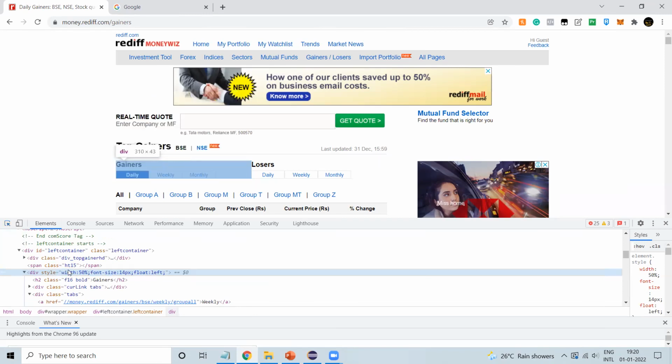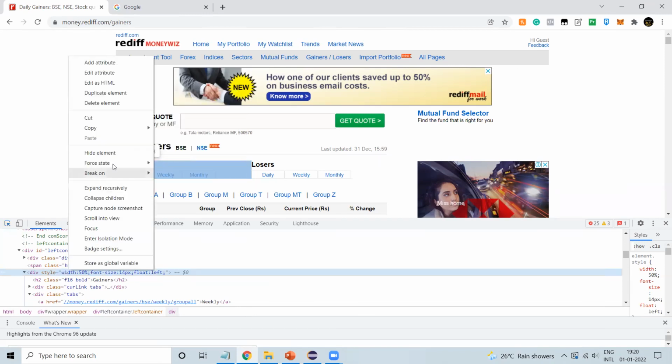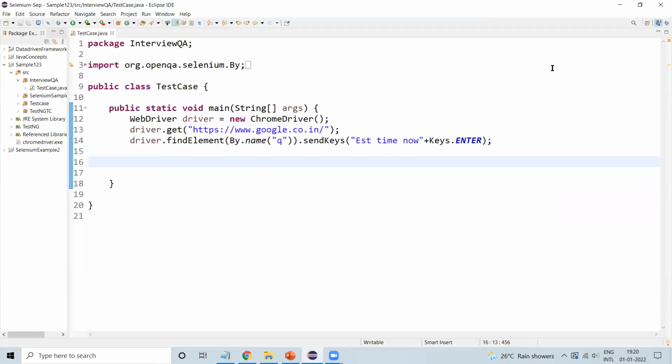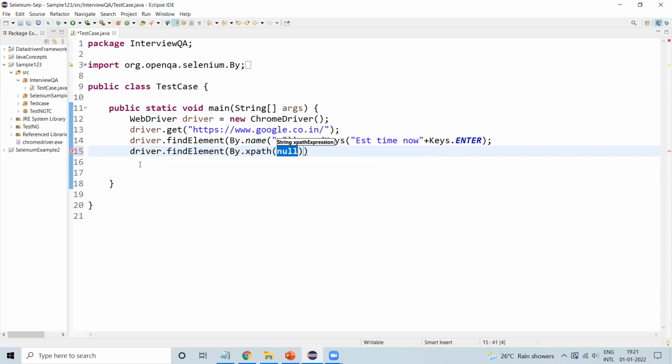is copy the XPath and go over here. So driver.findElement by XPath, and I will give the XPath over here.